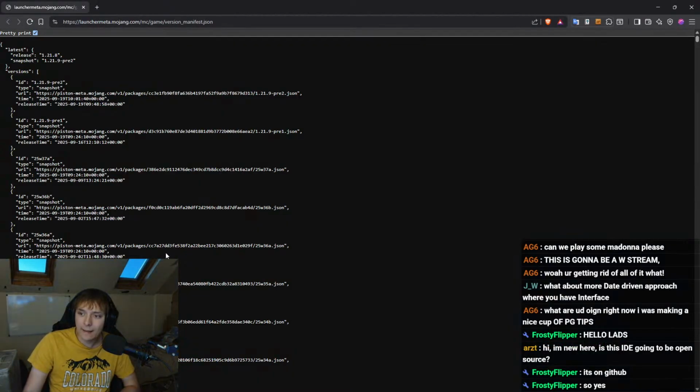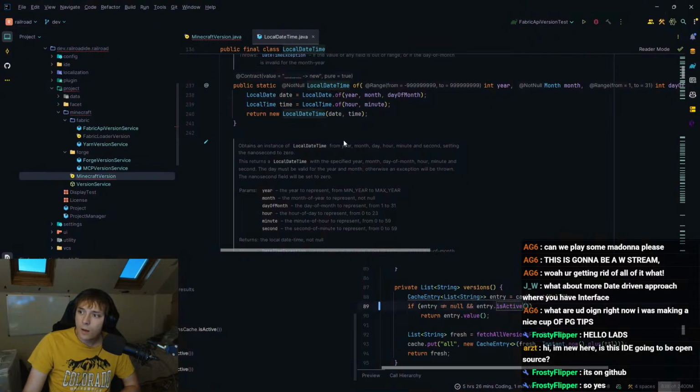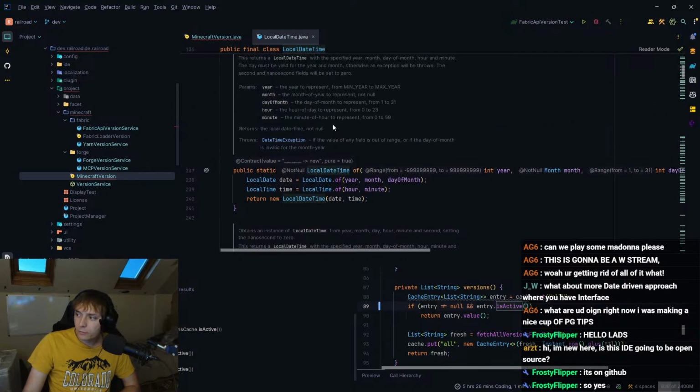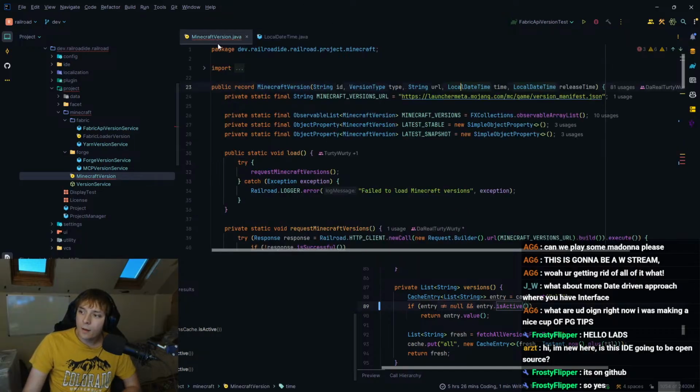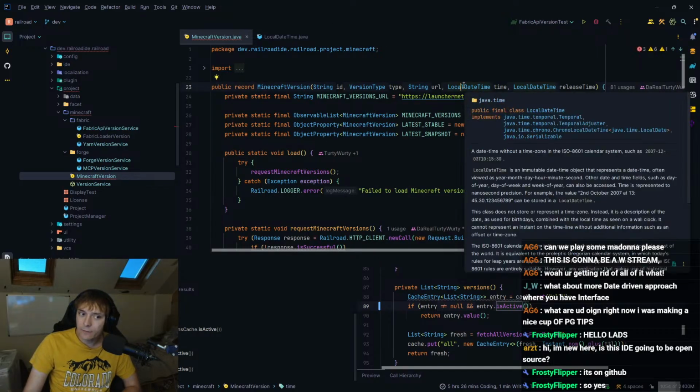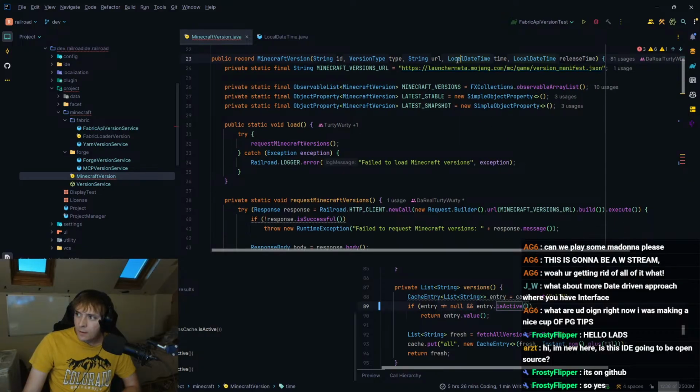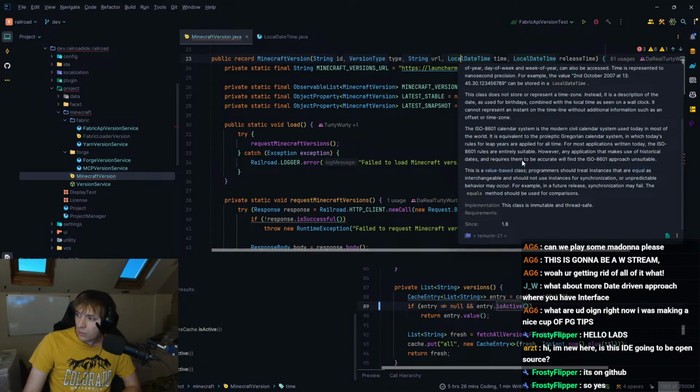Because if we look at this, you can see it has the plus 0000. Local date time doesn't have a time zone, right? Because it's local. That's kind of the entire point. But we wouldn't be able to have a local date time. Is that fine, though?